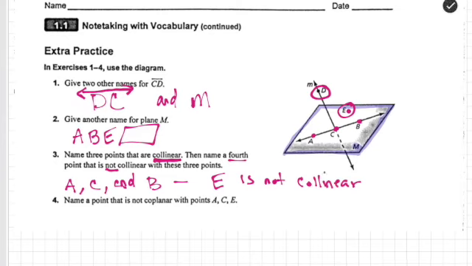And lastly, name a point that is not coplanar. Remember, coplanar means on the same plane with A, C, and E. So let's see here. We're looking at A, C, and E. So I want a point that is not on this plane. So we got this line coming out of here. The only thing that I see is going to be this one up here. So I would say point